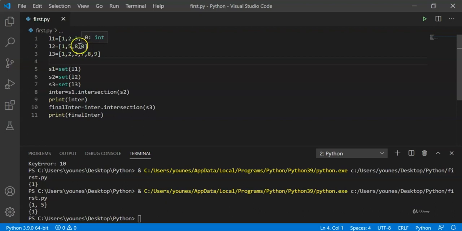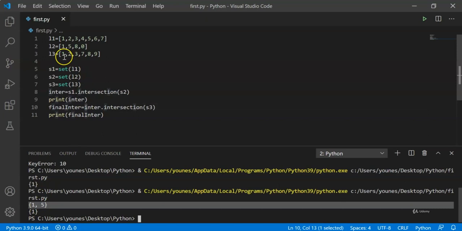Here we have 8 and 0, and they're not included in list 1. And after that, we computed the intersection between our result 1 and 5 with list 3, and in this case, only the number 1 is in list 3. So as we can see, 5 is not included in list 3,